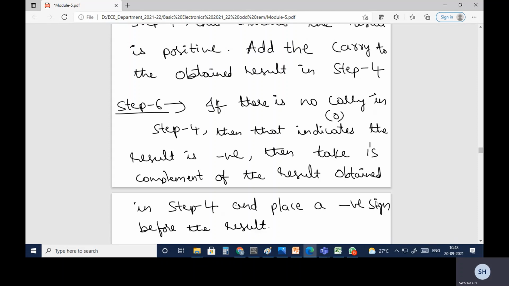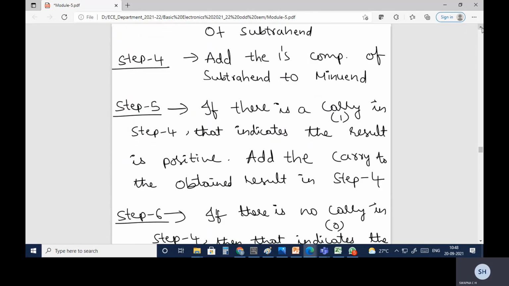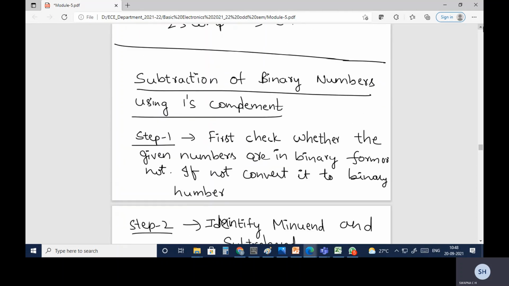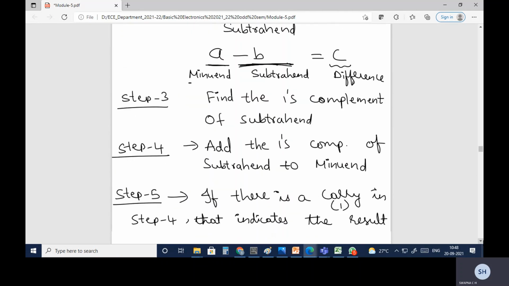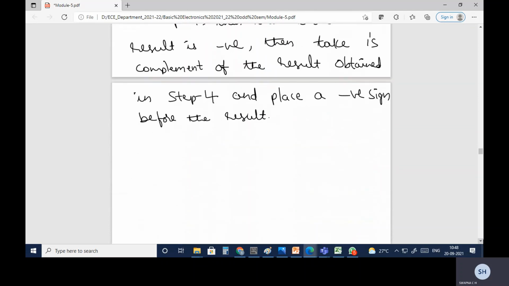So these are the 6 steps that you need to follow in order to subtract 2 binary numbers using 1's complement. So let us take one example and see how you can subtract this.